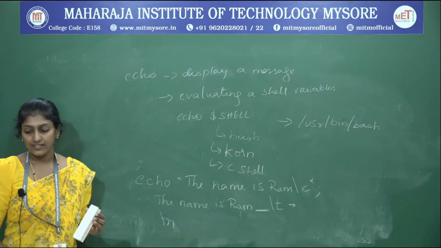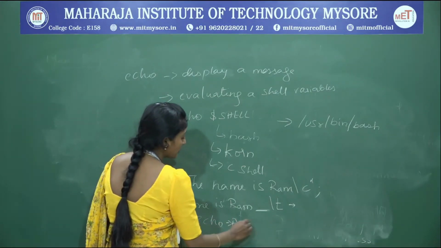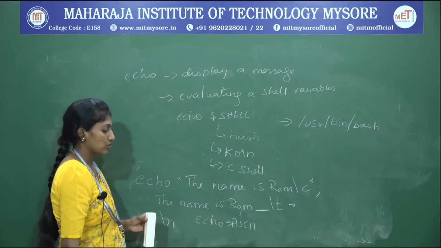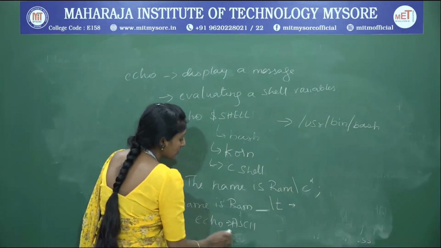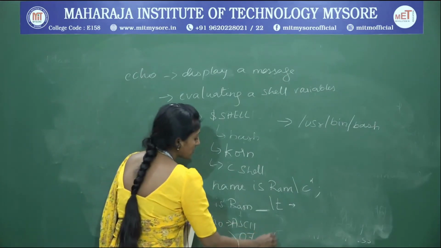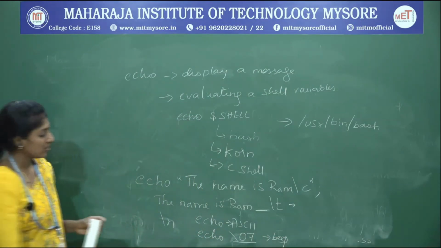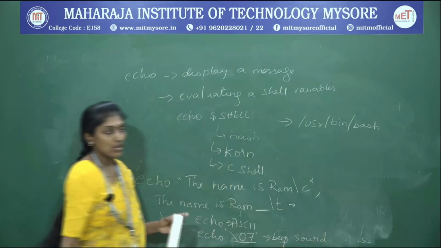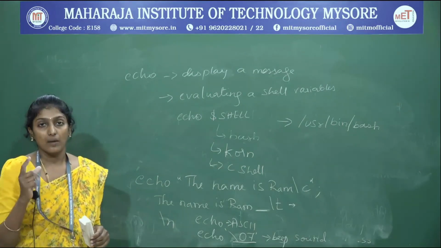And here also, by using this echo command, you can display the ASCII values of a few of the characters. If the user wants a beep sound, he can use \07. This 07 is the ASCII value for providing a beep sound. So if you just use echo '\07' with single quotes, it is going to echo a beep sound. So this is about the echo command in the Unix basic commands.